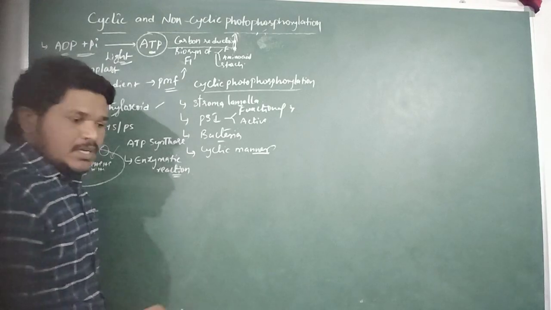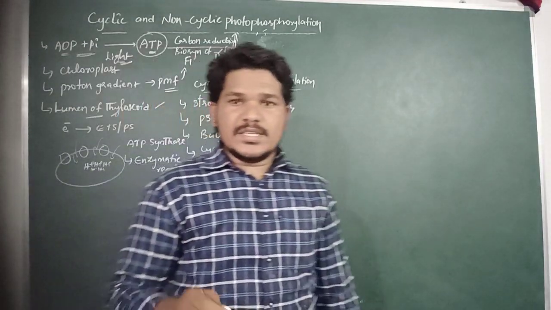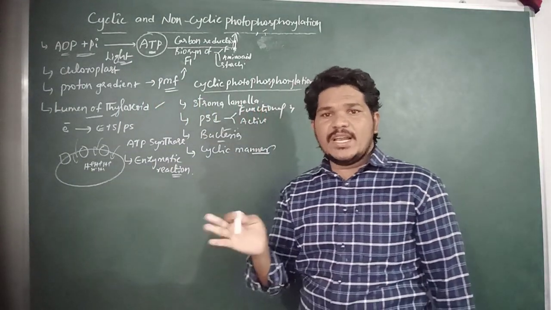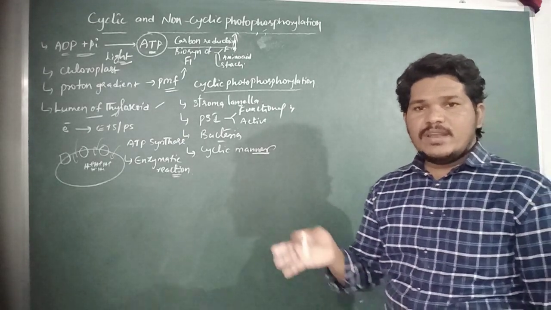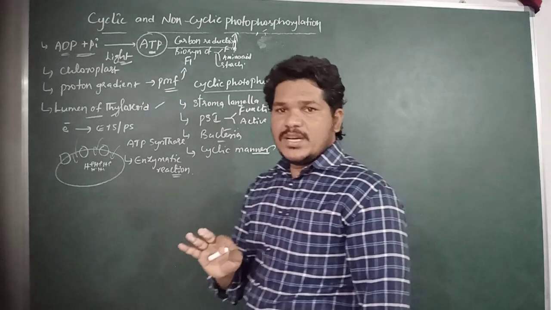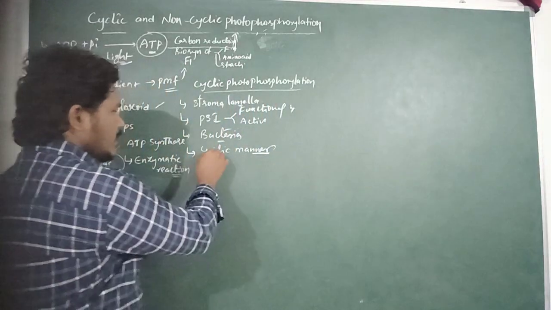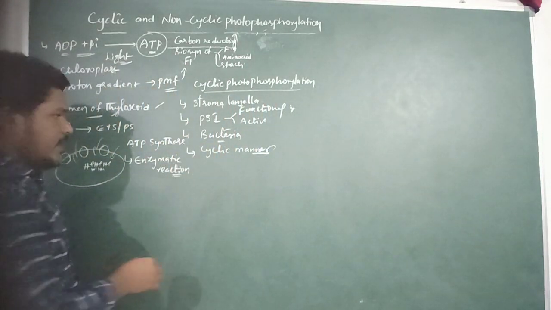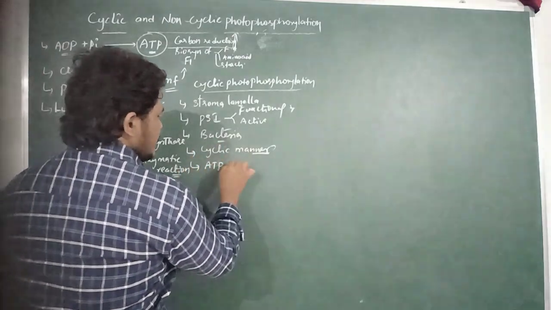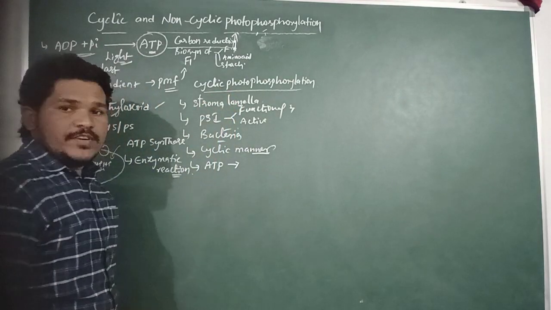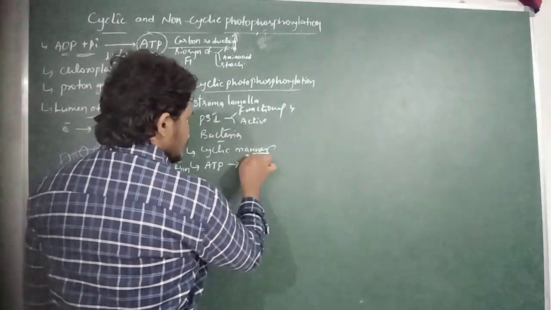That means in the cyclic photophosphorylation the initial electron donor and final electron acceptor both are the same. So here is where the electrons are released from the cyclic photophosphorylation reaction. Then the ATP molecule is synthesized in the cyclic photophosphorylation at two steps.